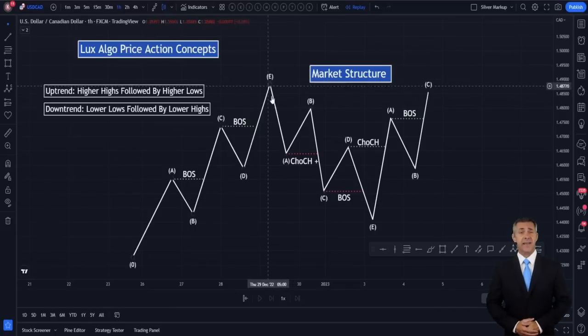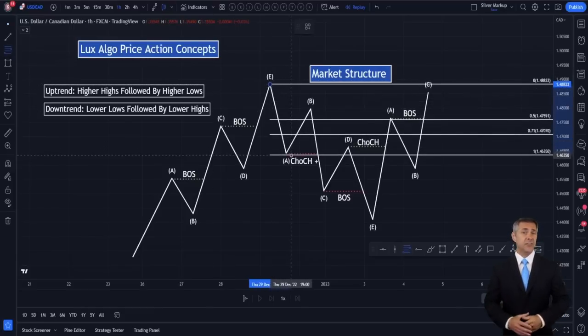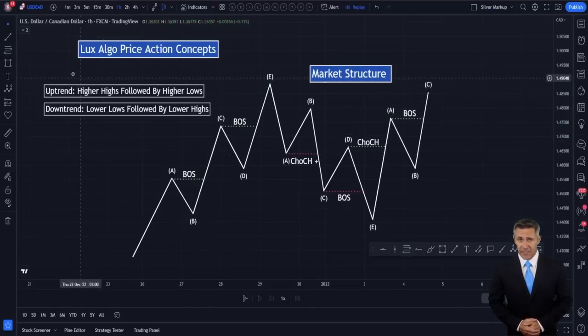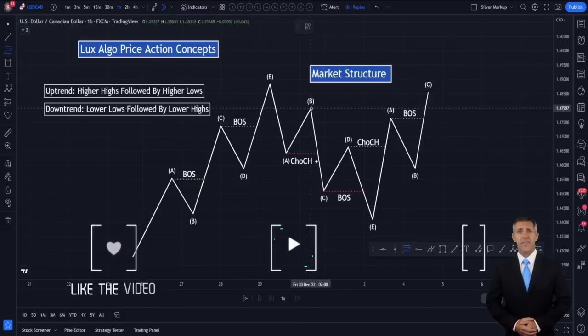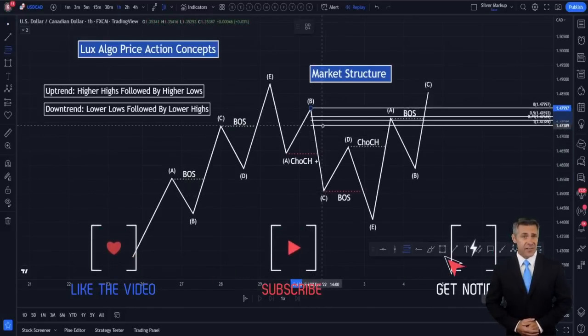A lot of people trade this differently. People sometimes will do a Fibonacci where they use Fibonacci points within that break of structure. After that break of structure is confirmed, they use the points to find an area that they want to get into. Or